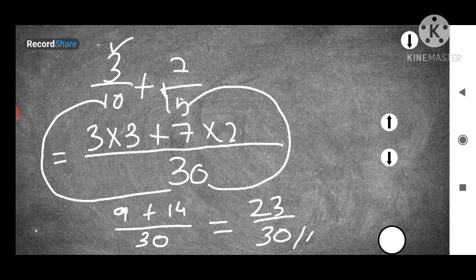You will take 3 multiply 3. Again this 3 came from where? This 3 you will divide this denominator, okay? This denominator with the LCM. Then you will get what? 3. Again 7 into 15. Now 15 you will divide with 30 and you will get what? 2. So our answer is how much? 23 upon 30.